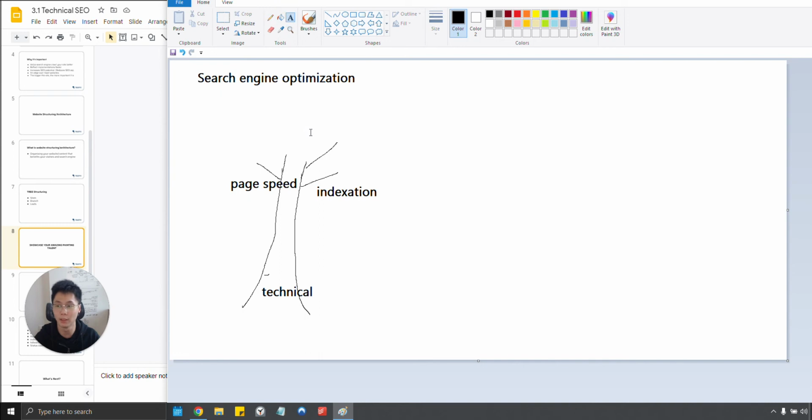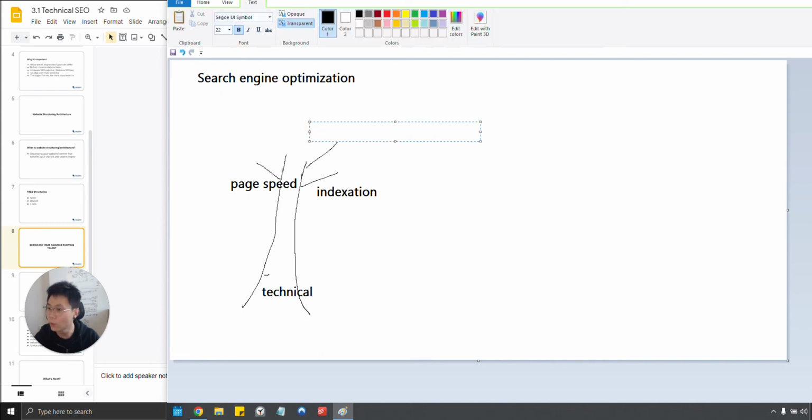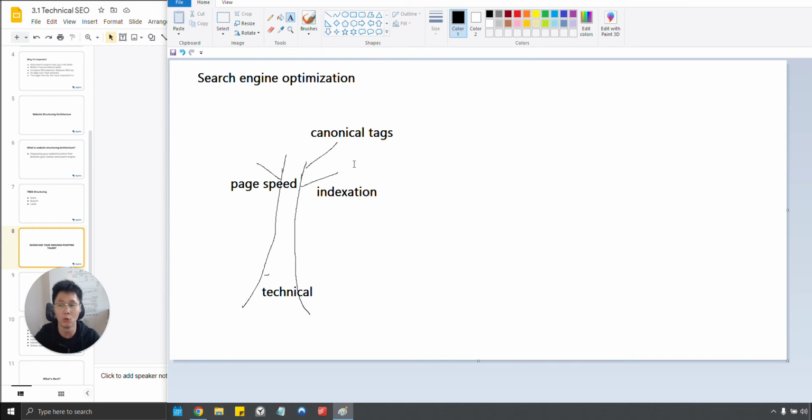Let's see, what else can I talk about? Let's say canonical text, for example. Okay, so obviously when you're doing this, you will know within your industry what the different pillars are, and then within the pillars, what the different branches are. Now within this branch, you can organize it in a much better way by adding leaves. So within page speed, for example,